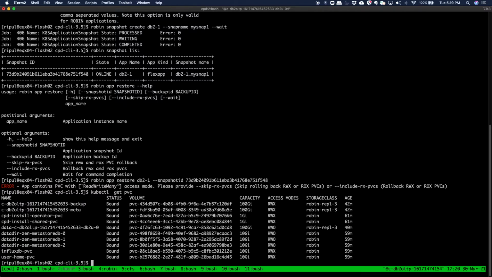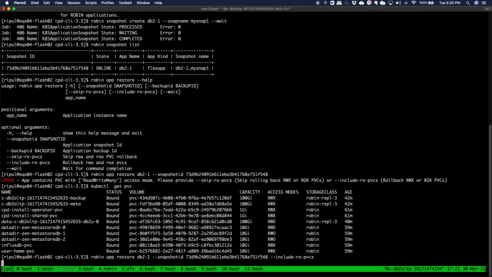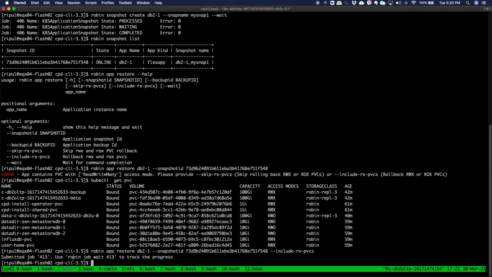So if the application has read write many volumes, then we want to make sure that the user does include or exclude those volumes to be part of the rollback operation. So in this case, we want to include our read write many volumes. So we just say that we want to include our read write many PVCs and then do a rollback of our application. Okay, so now we are rolling back, we are basically reverting our DB2 application in the background,